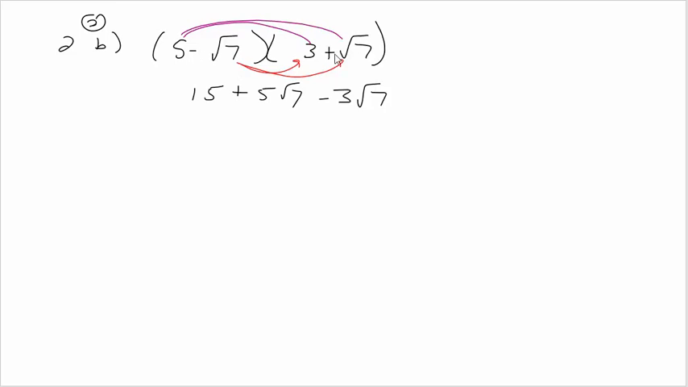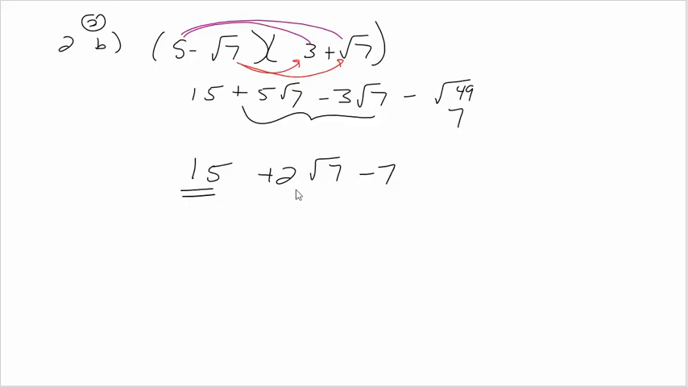And then a negative root 7 times a positive root 7 is negative square root 49, which you could write, but it's just going to come out to be 7. Root 7 times root 7 is 7. So here we have like terms. We can combine those together. 5 root 7 take away 3 root 7 is 2 root 7. And then here I have minus 7. Now I can do my 15 take away 7, which is 8, and put those together and end up with